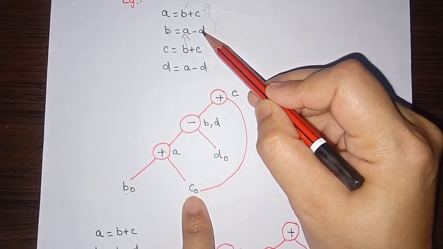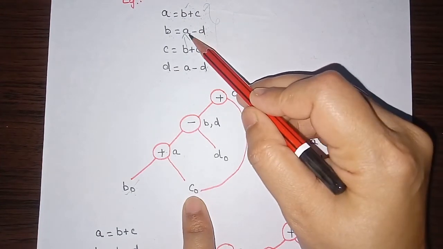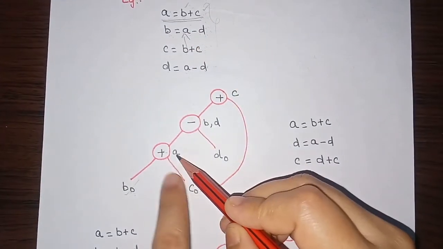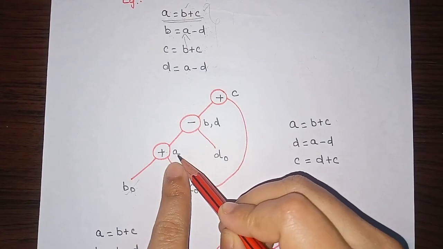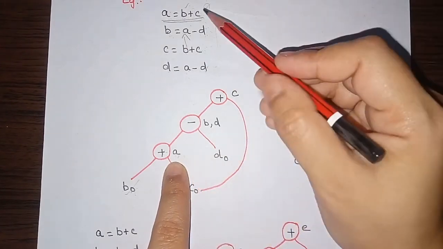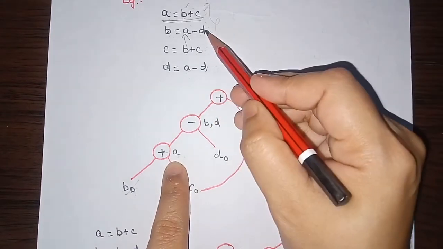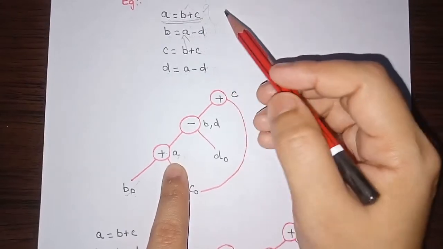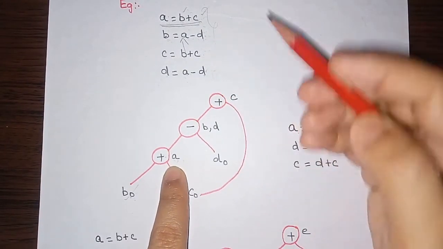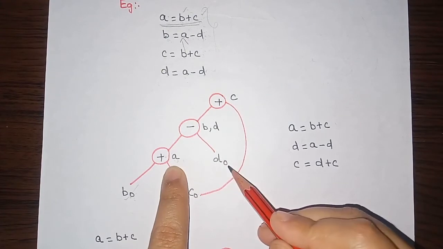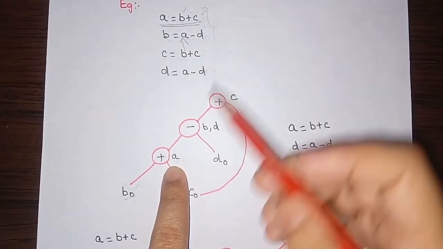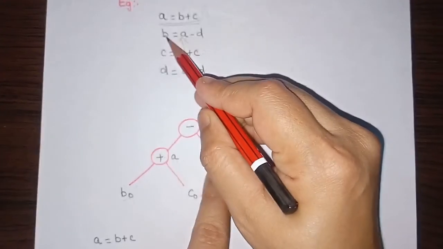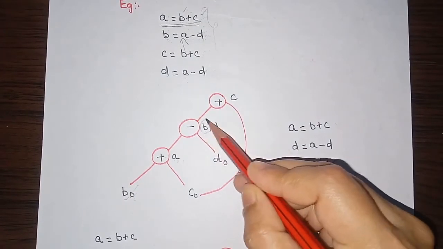Likewise, coming to the next expression, a minus d. What is the value of a, which was calculated recently by the previous statement? That will reside here, and then we have a minus d. Here d is the initial value, because in the statements so far we didn't use d anywhere. So we take it as the initial value and represent it as d naught. So we have a minus d, and where will the result be stored? The result will be stored inside b, so I'm taking it as b.